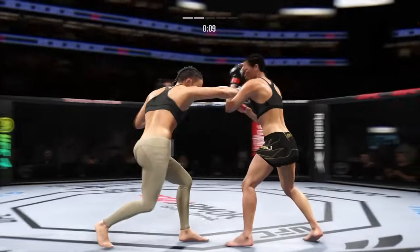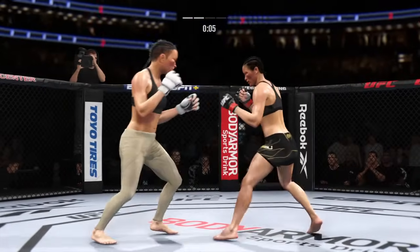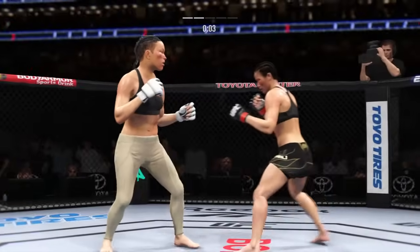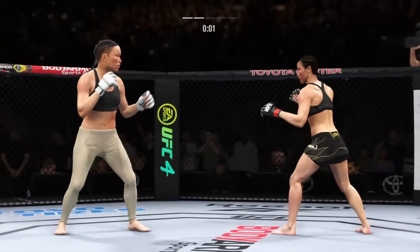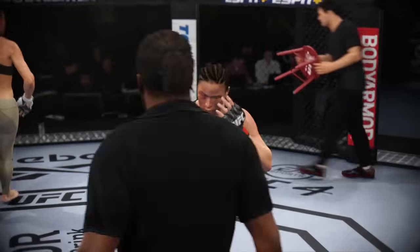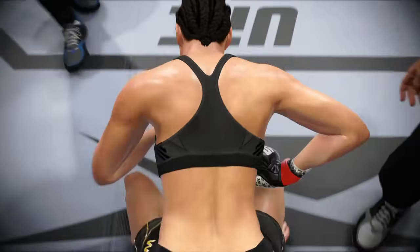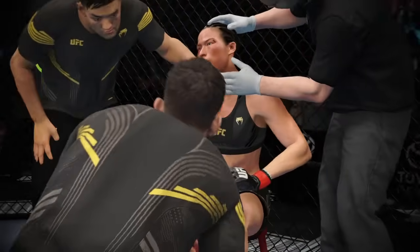Oh, she continues to pour it on. She is landing at will, eternally aggressive with her striking, and she also has a pretty good gas tank, so she doesn't appear to be worried about that. And the horn sounds on round 2. That's what I'm talking about. All day with that striking. She can't handle the striking. You just keep...